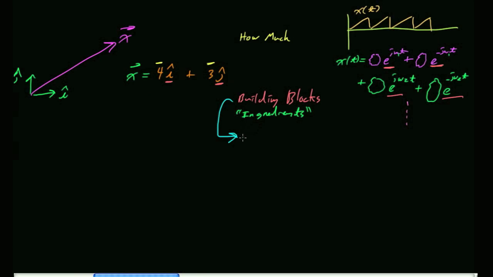Okay. So are I and J perpendicular? Yeah. So a fancy way of saying that is if you do the dot product of I and J, if you project one onto the other, you get 0. Right? So there's no J in I and there's no I in J. It turns out the same thing works with complex exponentials. There's no e to the negative j omega t in e to the positive j omega t. And I can demonstrate that, but essentially that's the first quality, is they've got to be